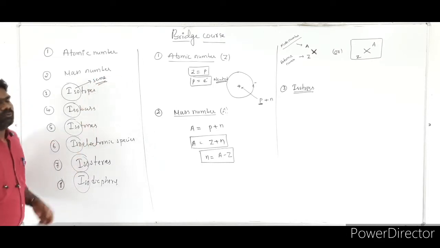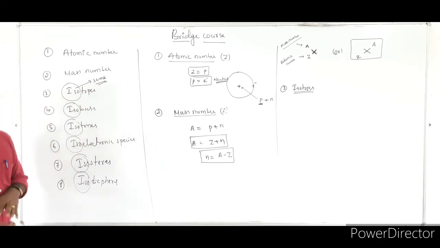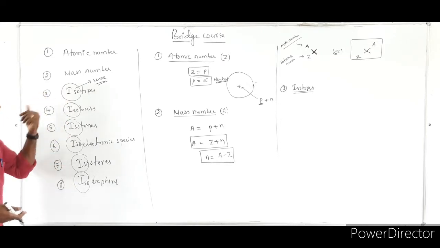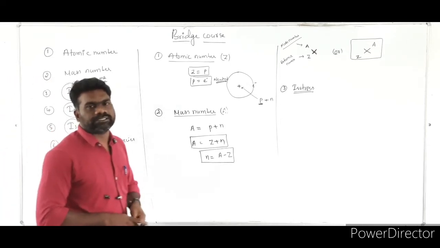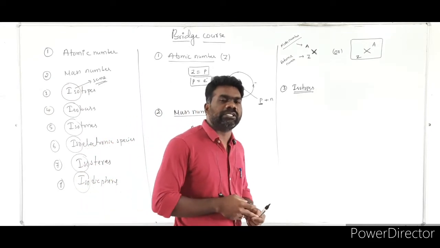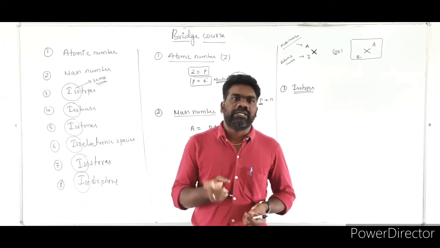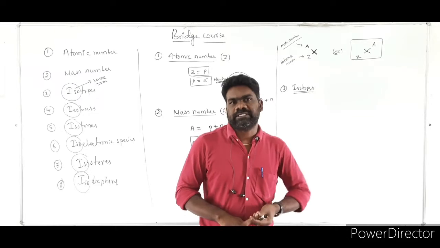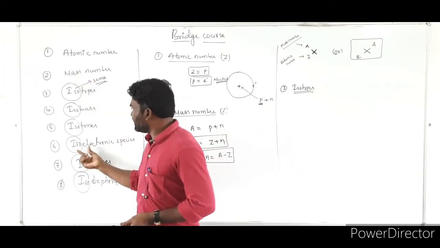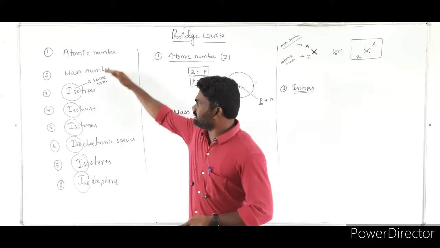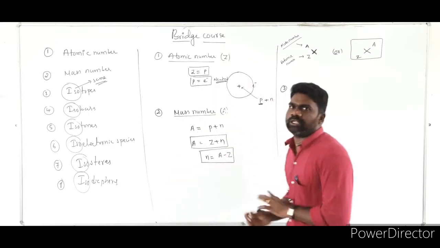Same. What is the same here? Atomic number is the same, or mass number is the same, or neutron number is the same. So in some cases atomic number is the same, in some cases mass number is the same, in some cases neutron number is the same, and in some cases the difference between the neutron and proton number is the same. In some cases the electrons will be the same. So what is the same, we are going to find out. This point you should never forget.